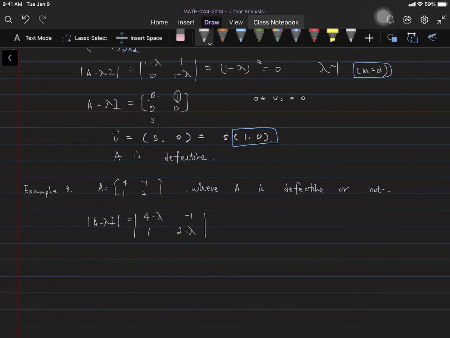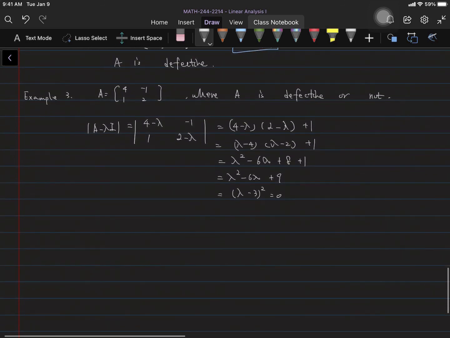-1, 1. Okay, simplify. 4 minus lambda, 2 minus lambda, and then minus -1, so plus 1. Simplify. Lambda minus 4, lambda minus 2, plus 1. Lambda square minus 6 lambda plus 8 plus 1. So we get lambda square minus 6 lambda plus 9. Factor this out,